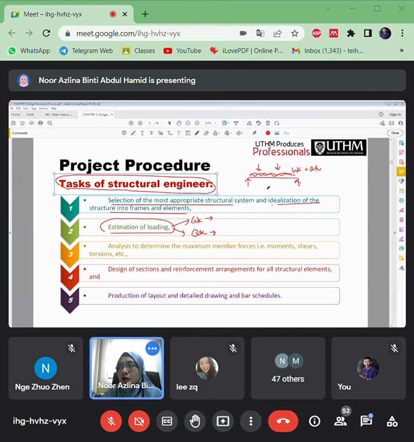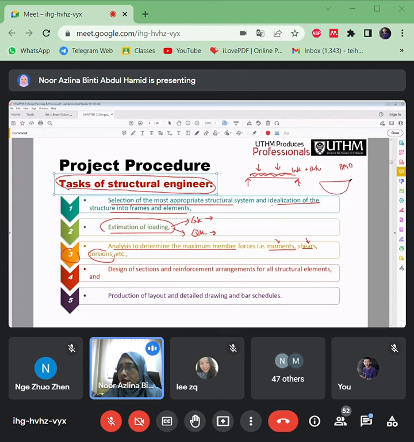From these estimations of loading, you will come to the third task here, to analyze and determine the maximum member moment and shear. You will not go into torsion, so we just focus on moment and shear here. If you can remember, from the distributed loads you can come up with the bending moment diagram, right?